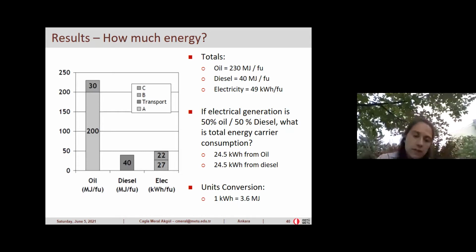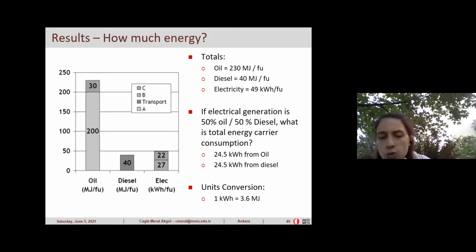Let's assume in this case 50% oil, 50% diesel, then 24.5 kilowatt hour from oil, 24.5